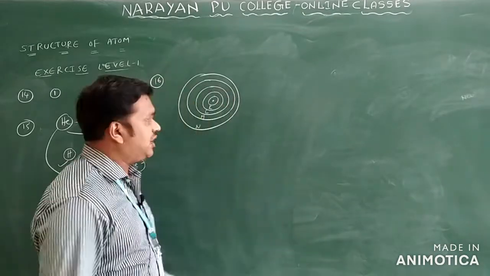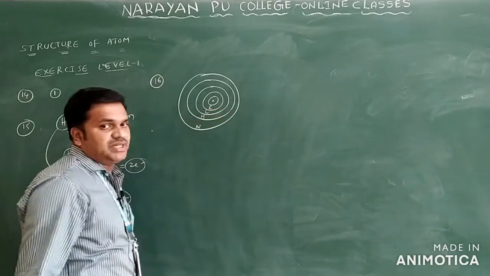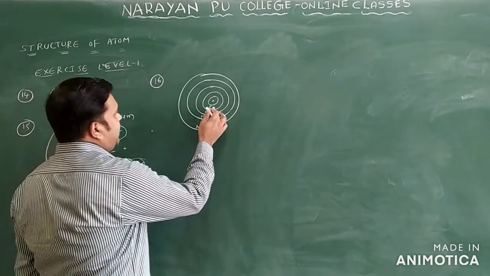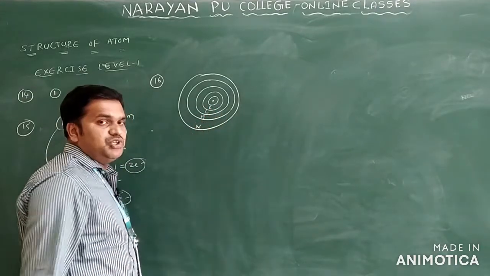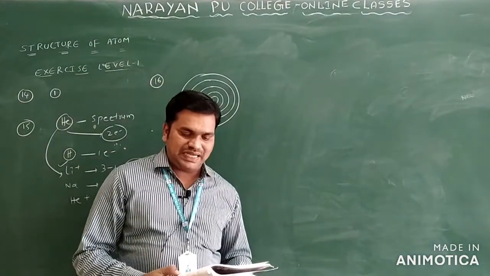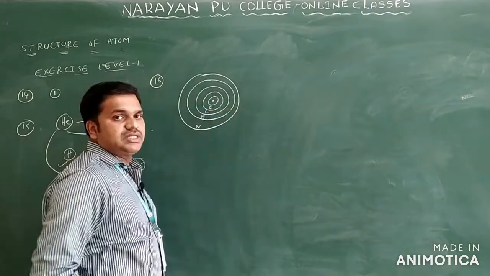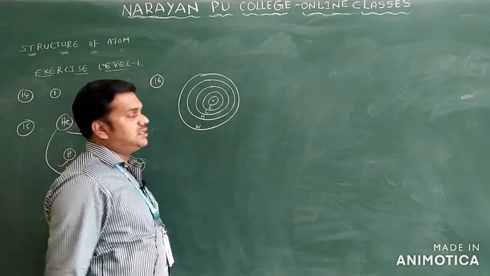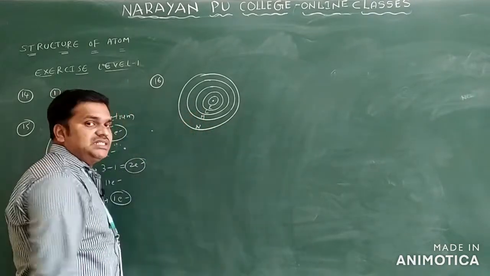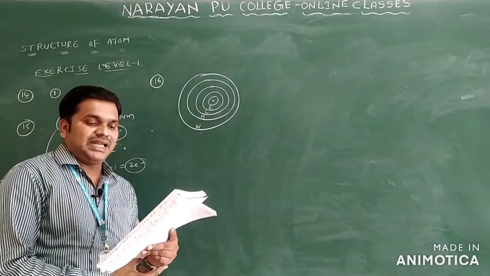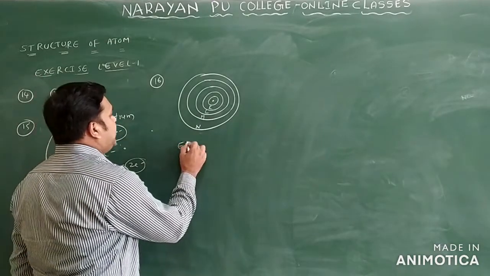You can see energy of the orbit. So these are the different orbits here, K orbit, L, M, and these are the different orbits. You can see here what the energy is: K less than L, less than M, less than N only. It means that when the orbital energy increases, it is farther away from the nucleus only. K is very close to the nucleus, then L, then M, then N, which is far away from the nucleus. The Nth shell is the farthest from the nucleus. So the energy increases as we move away from the nucleus only.